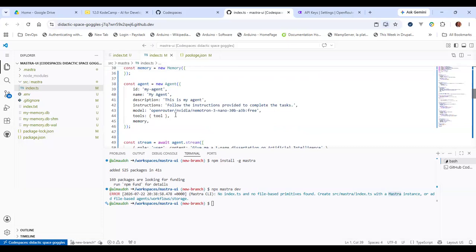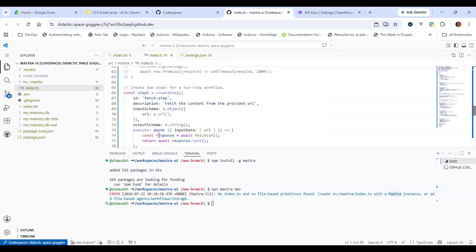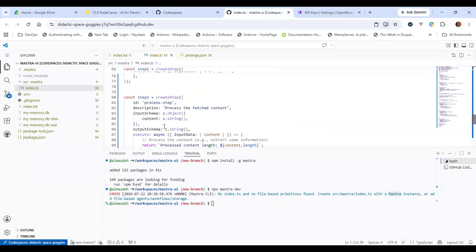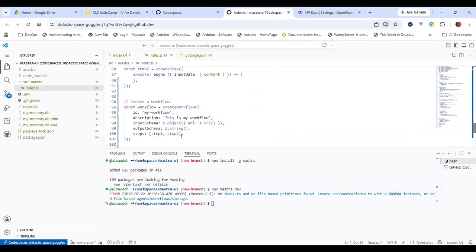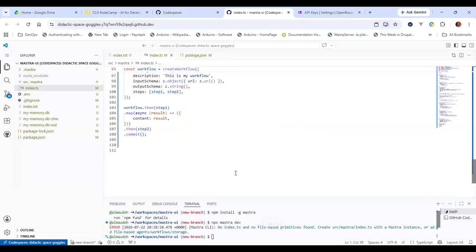We have an agent that has memory. We have a workflow that we have created, right? So those are the only two things I'll put in that Mastra environment. So to create a new Mastra environment, or sandbox or playground, a Mastra instance, I'll just create that. So that will be new Mastra.